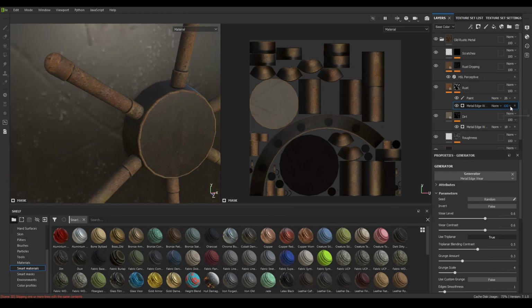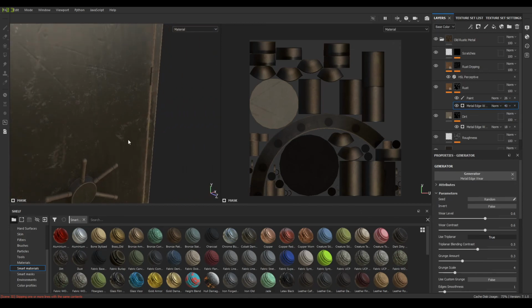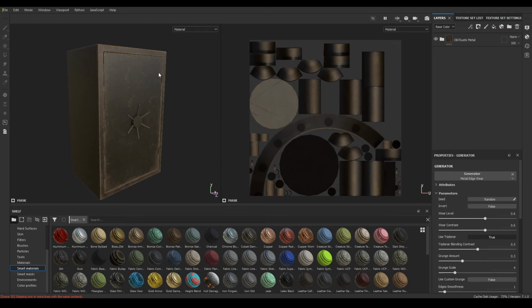Let's select the metal edgeware and decrease the opacity to 40. So our vault is completely textured.